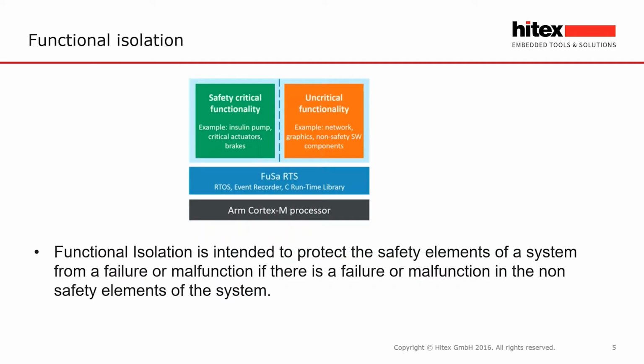So the idea of functional isolation is that we can create our application, and we can divide it into different components within the application, so that we can have components that are performing the safety function. So this may be a main control loop that's controlling elements of our equipment. And in addition, we have some other components which are not involved in the safety application. So these are typically things like networking, user interface, or other non-safety application. And we can term these